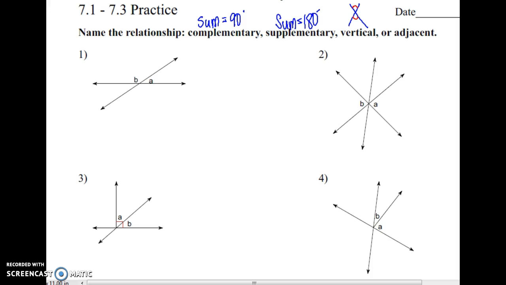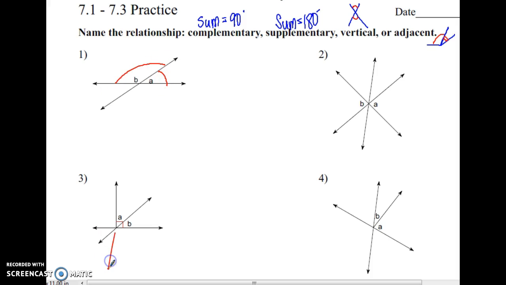Adjacent angles are simply angles that are touching or sharing a side. So if I have this first angle, an angle that's adjacent would share one of the sides of that other angle. So an adjacent angle might look something like this. So I have this first angle and this second angle, and they are adjacent because they both make use of that edge in between. So number one, I'm looking at angle B, and I'm looking at angle A, and I